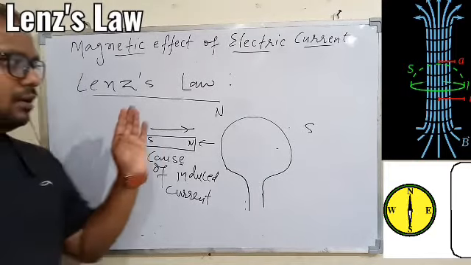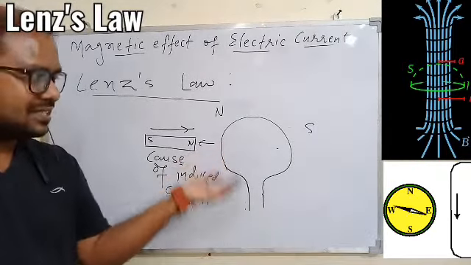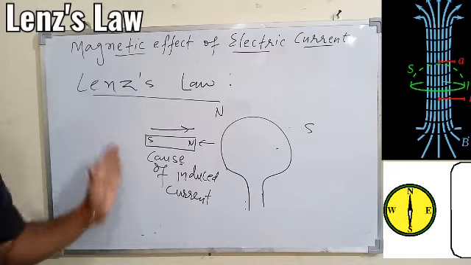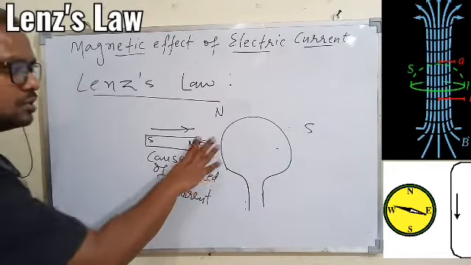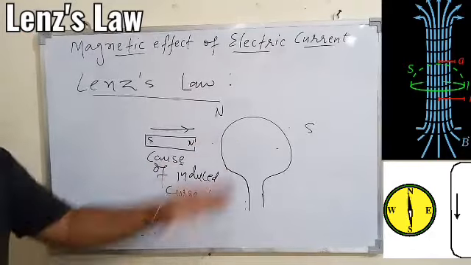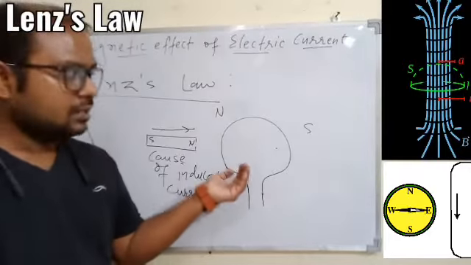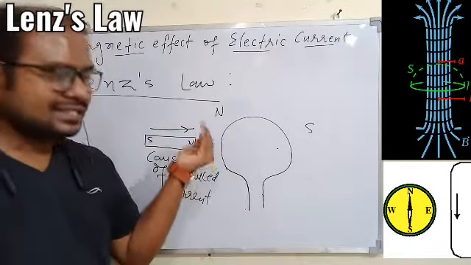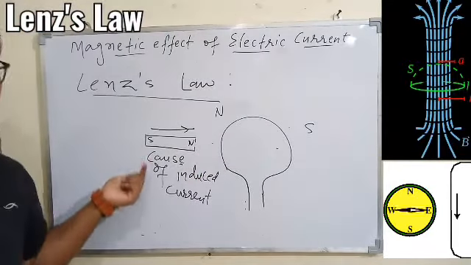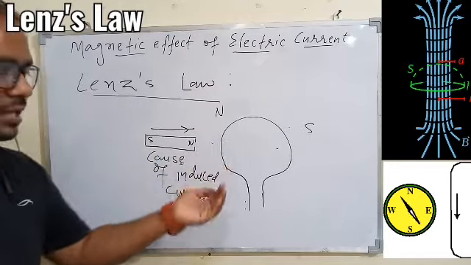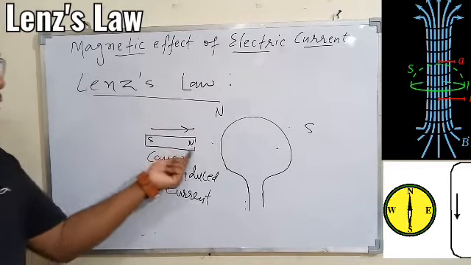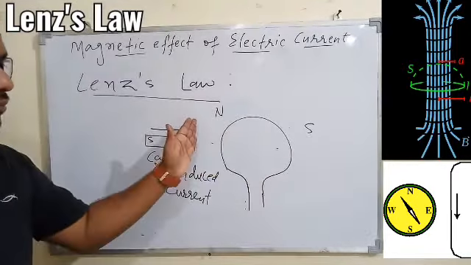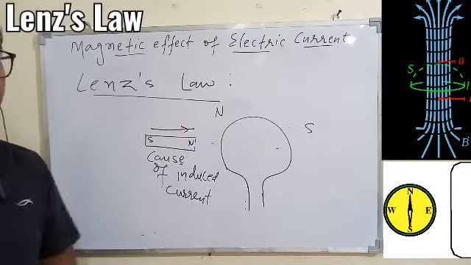I hope you understood. The law says that the direction of the induced current in a coil will be such that it will always oppose the cause of the induced current. I am taking this example here. If the bar magnet is moving towards the coil with the north pole facing this side, the coil will also behave as a magnet because the current will start flowing. Now it should have north and south poles such that it can oppose the motion of the magnet. If the magnet is moving toward this side, it will try to send it back, and we know north and north only repel. So the current direction will be such that the front face becomes north and the back face becomes south.